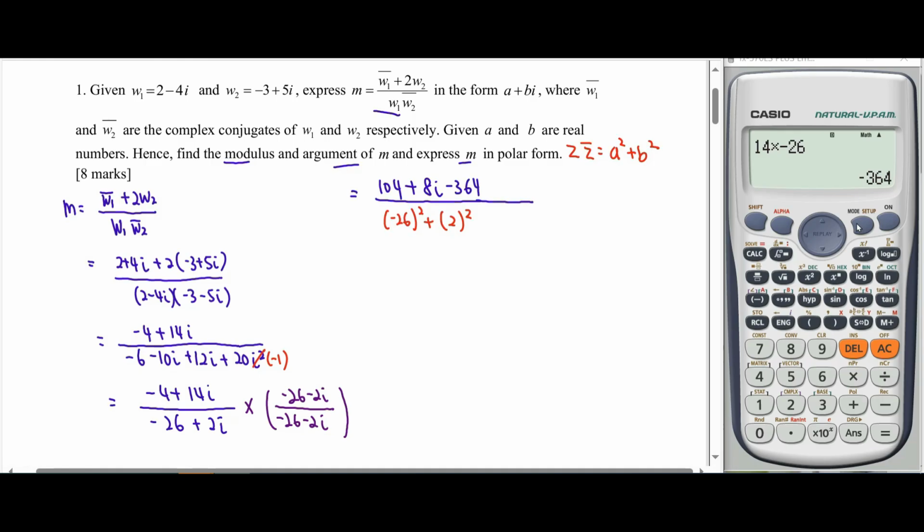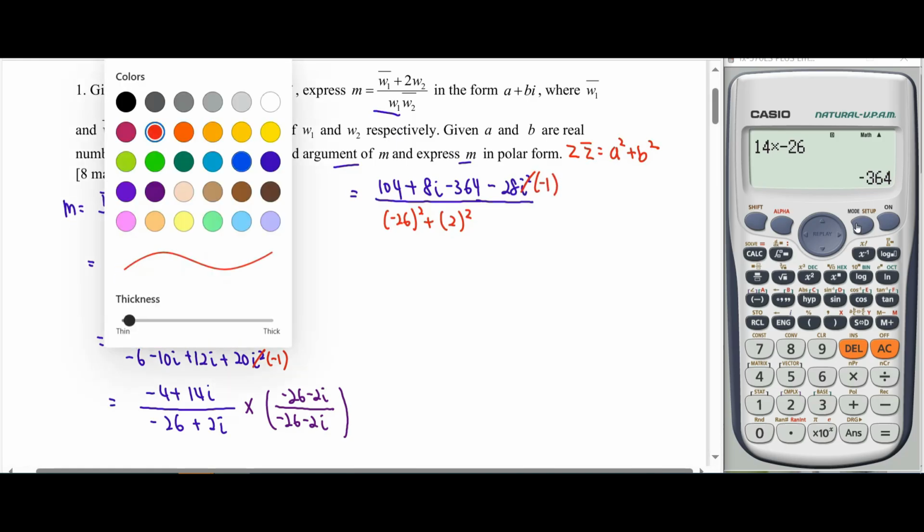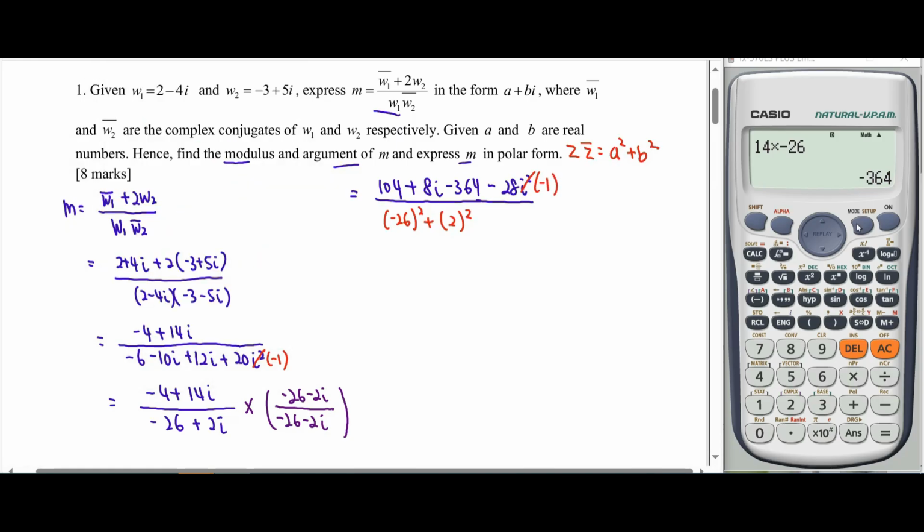And lastly, we have negative 28i squared. So again, simplify i squared here to be the real number, negative 1. So we will have here 26 squared plus 2 squared for the denominator, 680. Numerator here,